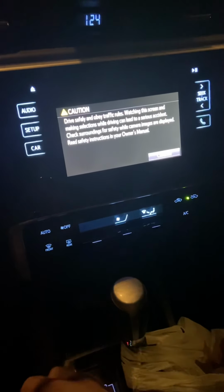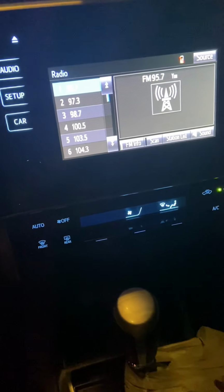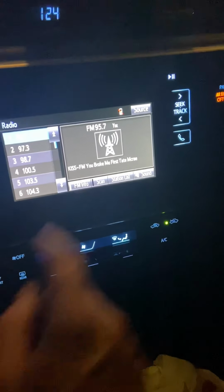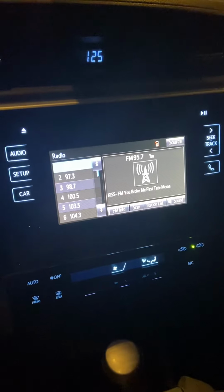We'll go ahead and start it up for you. And to see the radio come on, we'll go ahead and turn this down so you can't hear it. Cancel. And audio. There you go. You got your FM stations. It's got like 20 channels you can preset. I only need a couple of them. This is the radio station I'm listening to. That right there is your Bluetooth symbol stating that you have your phone connected to it. I have my Bluetooth on my phone turned off, so...